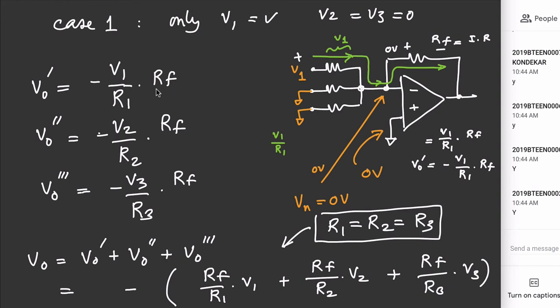When finished, type D. Okay, good. So what did you get? Did you get the equation of an addition? Though there is a negative sign which is common, you are getting addition of the signals. If you need true addition without inversion, what will you do? If you don't want that negative sign, what will you do?